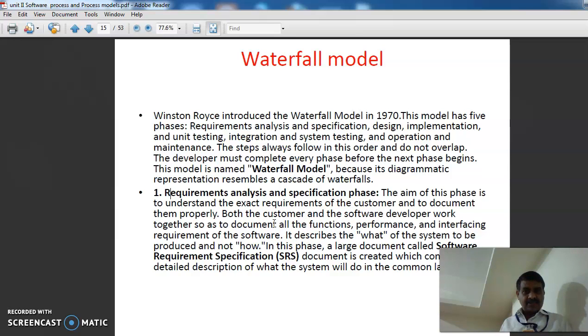Both the customers and software developers work together so as to document all the functions, performance and interfacing requirements. This phase produces a large document called the software requirement specification, which we simply call the SRS. The document is created which contains a detailed description of what the system will do, in common language.